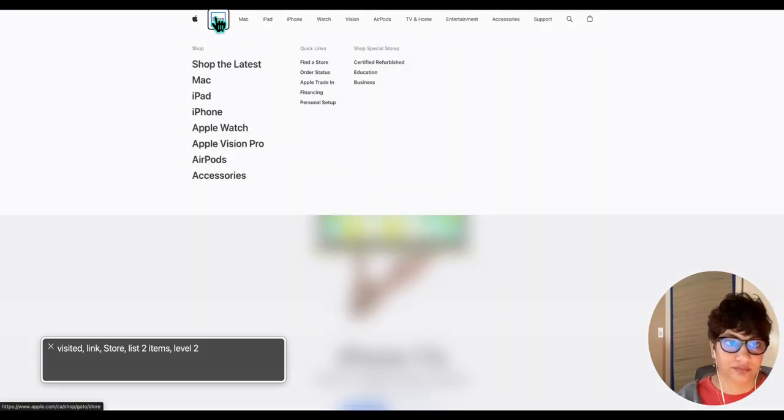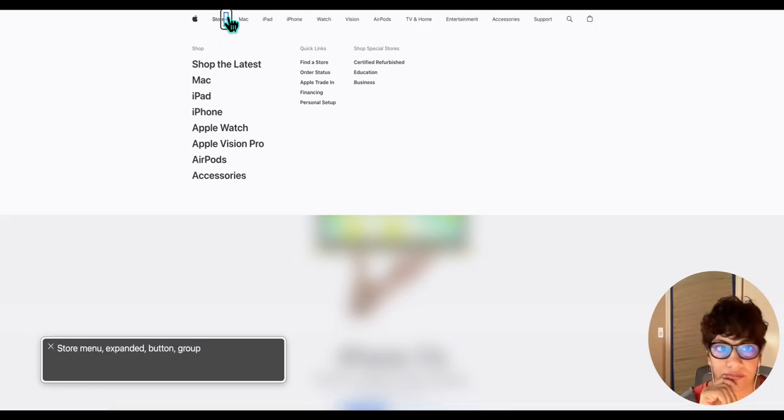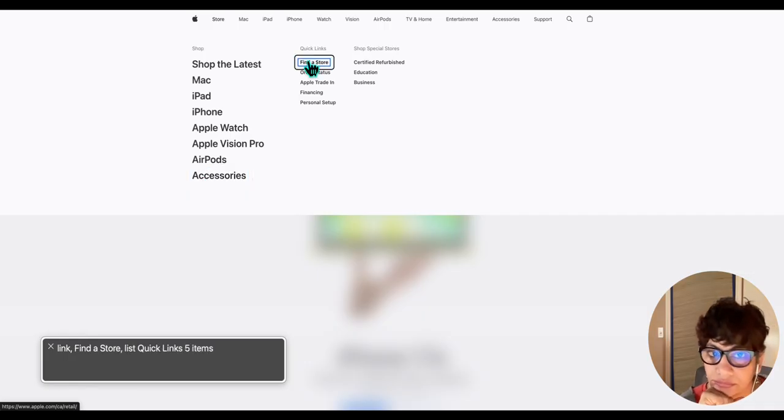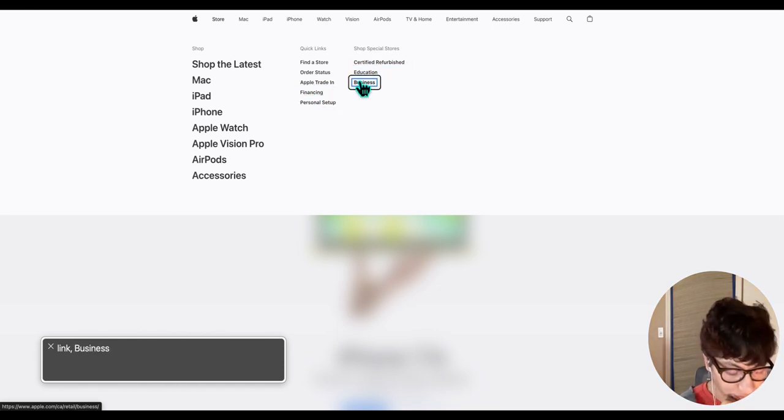Visited, link, store, list 2 items, level 2. Store menu, expanded, button, group. Visited, link, shop the latest Apple products, list shop 8 items. Link, Mac. Link, iPad. Link, iPhone. Link, Apple Watch. Link, Apple Vision Pro. Link, AirPods. Link, accessories. Link, find a store, list quick links 5 items. Link, order status. Link, Apple trade-in. Link, business. Link,